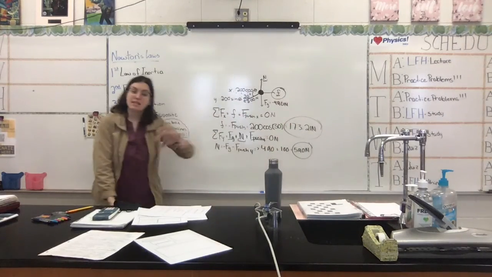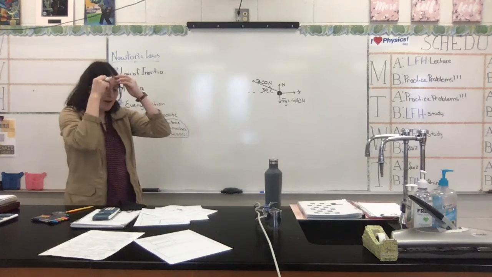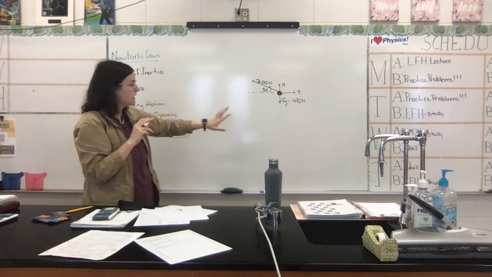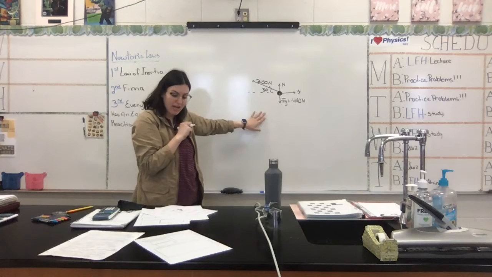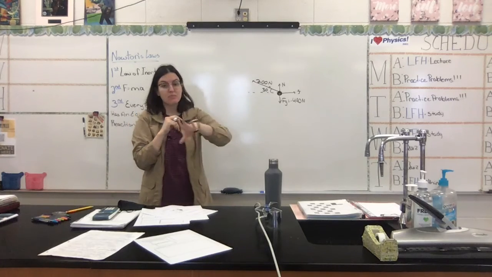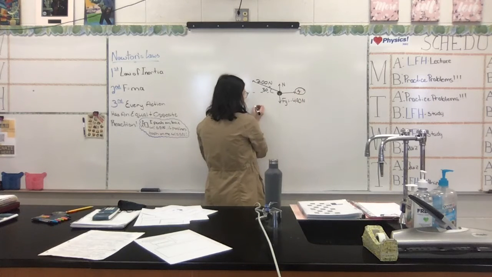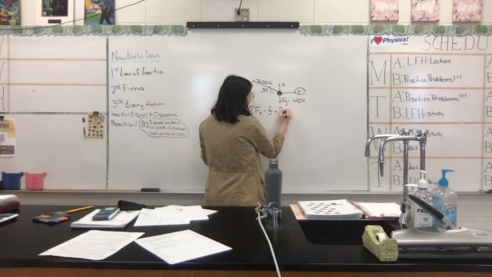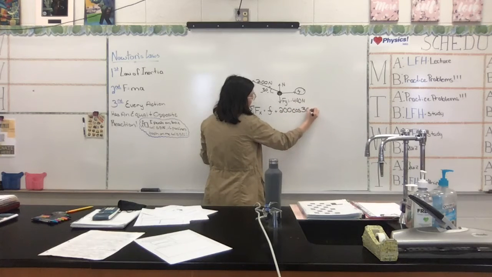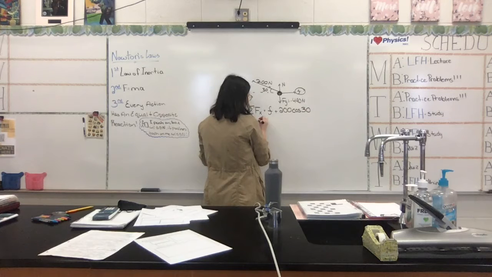All right, with this, let's move on to number 7. Now, we have a man pulling a 50-kilogram crate across the floor at a constant speed, which means no acceleration. And what we want to find is the frictional force. So we're going to want to sum all of the forces in the x direction, which will be friction plus 200 cosine of 30, okay? Which means that friction is equal to the negative